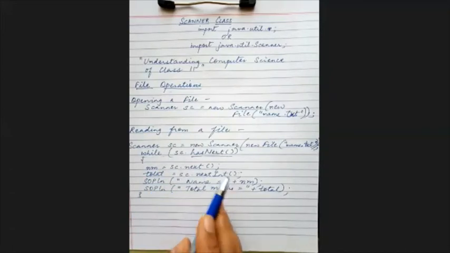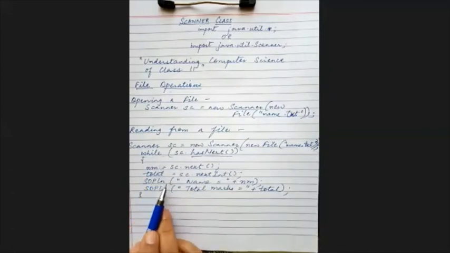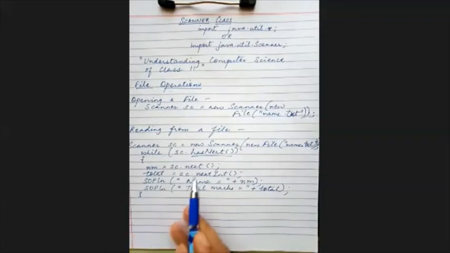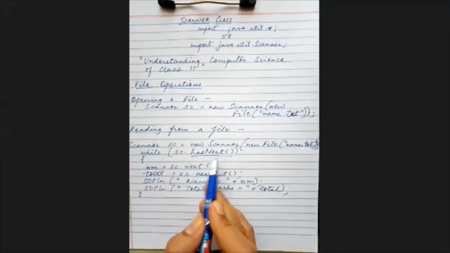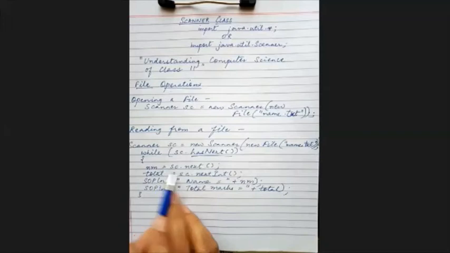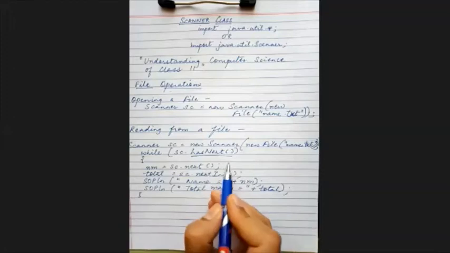सपोज दिस फाइल इज ऑलरेडी हैविंग सम नेम्स एंड टोटल मार्क्स रिटन इनटू इट. सो एक एक करके वो रीड करेगा. सबसे पहले नेम अगर करना है तो एनएम में जाएगा एंड उसके बाद टोटल लिखा होगा तो वो टोटल में जाएगा एंड उसे हम प्रिंट कर रहे हैं स्क्रीन पे. कब तक चलेगा, जब तक कि एंड ऑफ फाइल नहीं आ जाता. एक एक रीड करता रहेगा और उसे स्टोर करता रहेगा लाइक दिस. क्लियर? So this is how we check the end of file.